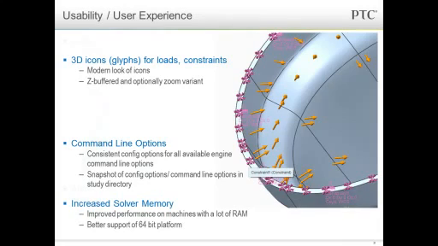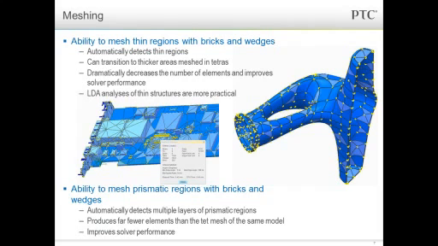Alright, so one of the first enhancements that we're going to talk about is meshing. In meshing, you see you have a couple of new options. For example, if you look at the picture on your right hand side, it's an extremely thin part. Now if you create a regular solid model mesh, it's going to take you about 10,000 elements to probably mesh it. Now, we don't want to sit around and wait for 10,000 elements to be created, so we end up using shell elements. Shell elements are not bad, but you don't really see what's happening through the thickness side of this thing, right? So if you want to see what's happening through the thickness of it, you might want to go